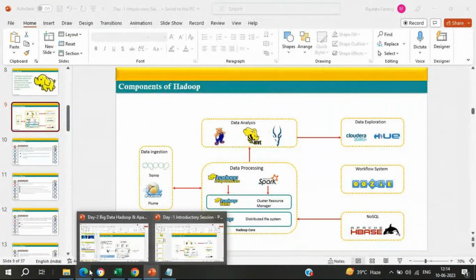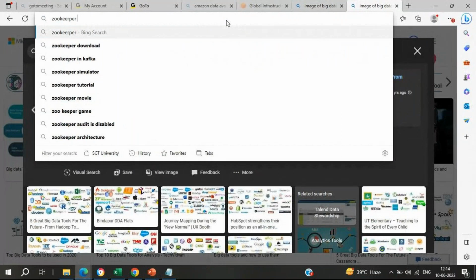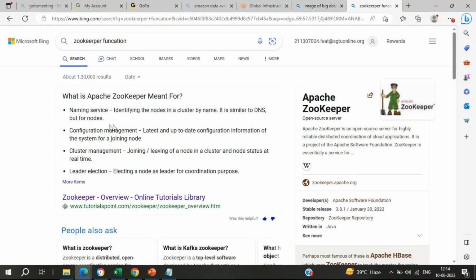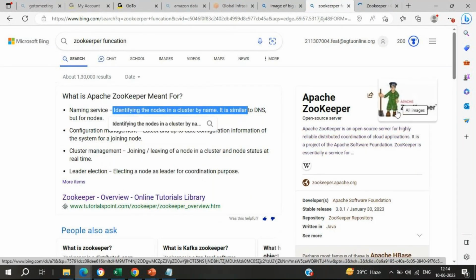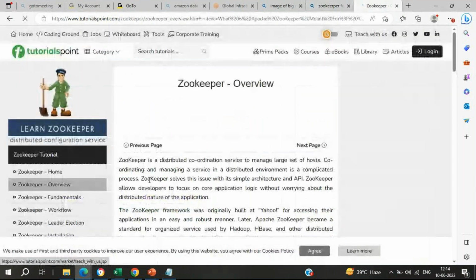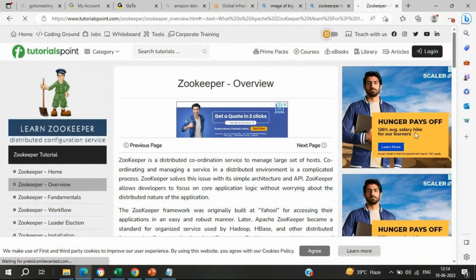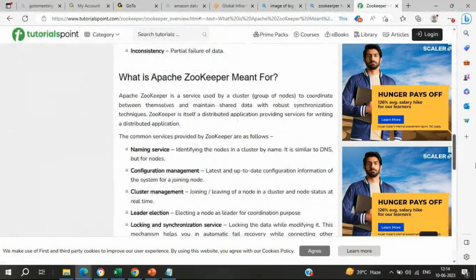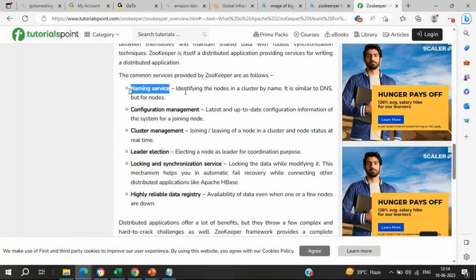Let me try to mention, check, Zookeeper overview. Zookeeper is like, the image you can check over here. Zookeeper provides distributed coordination services and manages a large set of hosts. Hosts are nothing but the machines. Applications, we are looking for applications, meant for naming services. Why do we need to have